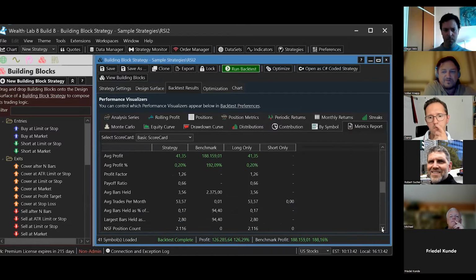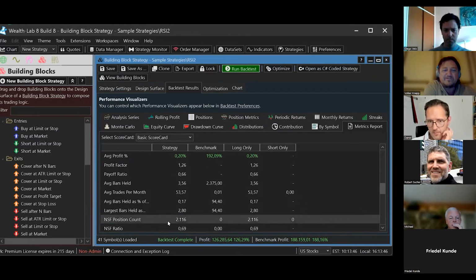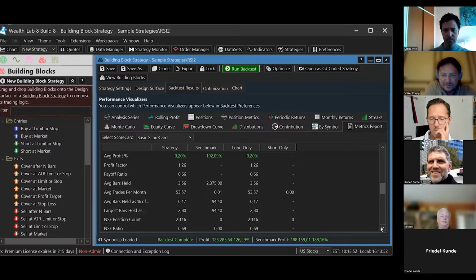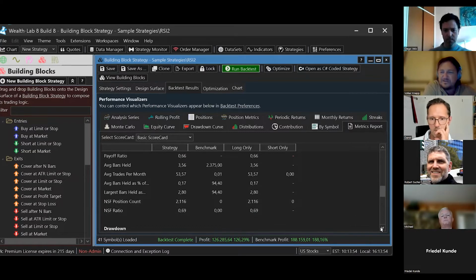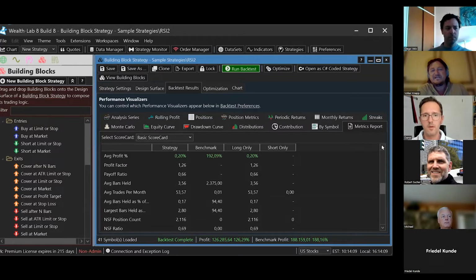Here we go. We have an NSF position count of 2.1. Actually, no, it's 2,100. And do you all know what that means? Because that means there's 2,100 trades that we couldn't take with this position size because there wasn't enough